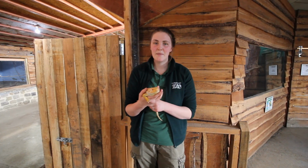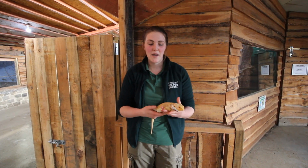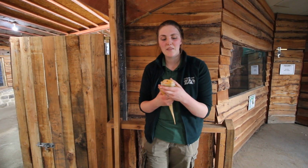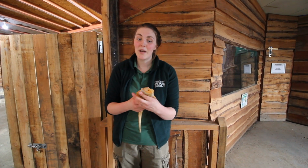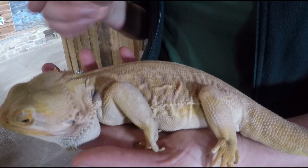They come together to mate, to impress females, where they'll do their little mating dance, where their little arms will jump up and down, and they'll also head bob and display their beards. However, with males, they will be very territorial and do a war dance and a head bob to get them to go away. They can actually live to around about 20 years of age, and they are covered in all